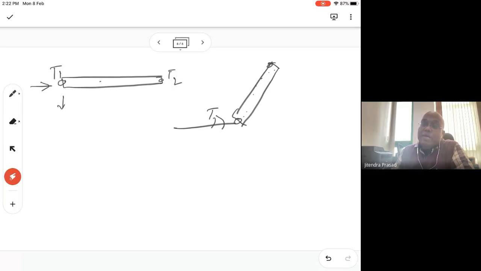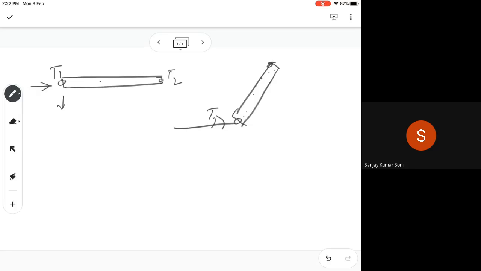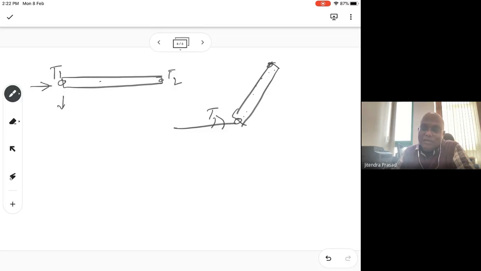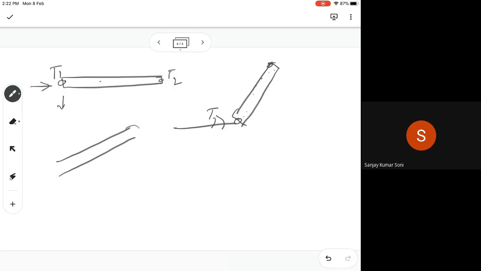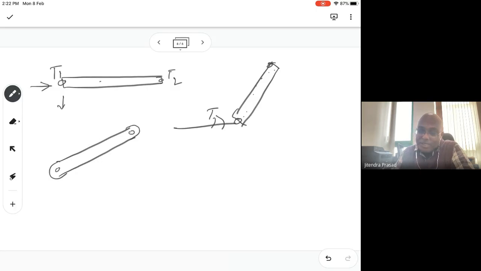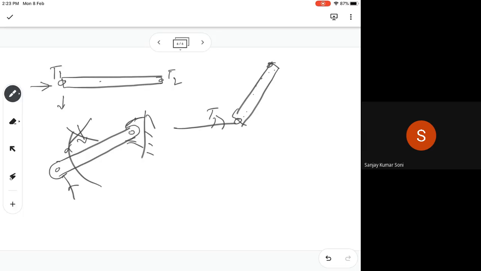Okay, actually it will not be a beam. There is an essential condition for a beam. Beam means there has to be bending moment. As long as there is no bending moment, there is no beam. But in this case, there is no bending moment, because the joints will be pin joints. So you have pin joints basically. All trusses will have pin joints at the ends, and there is no loading in the middle, so there is no bending moment at all. If you apply force like this one, it will just rotate. Okay, right, sir. Got it.